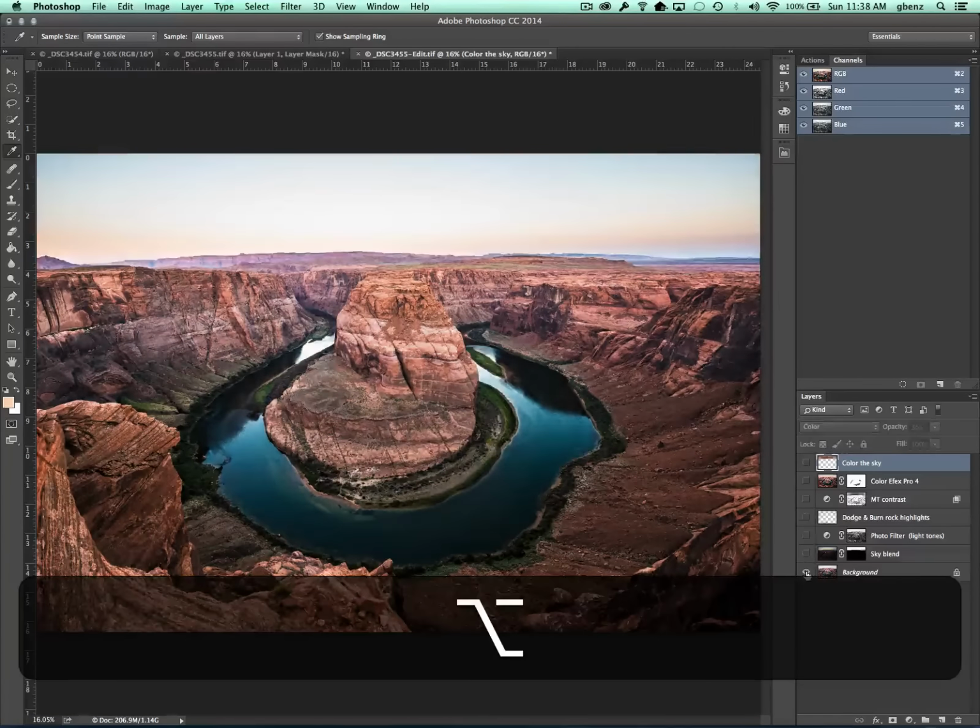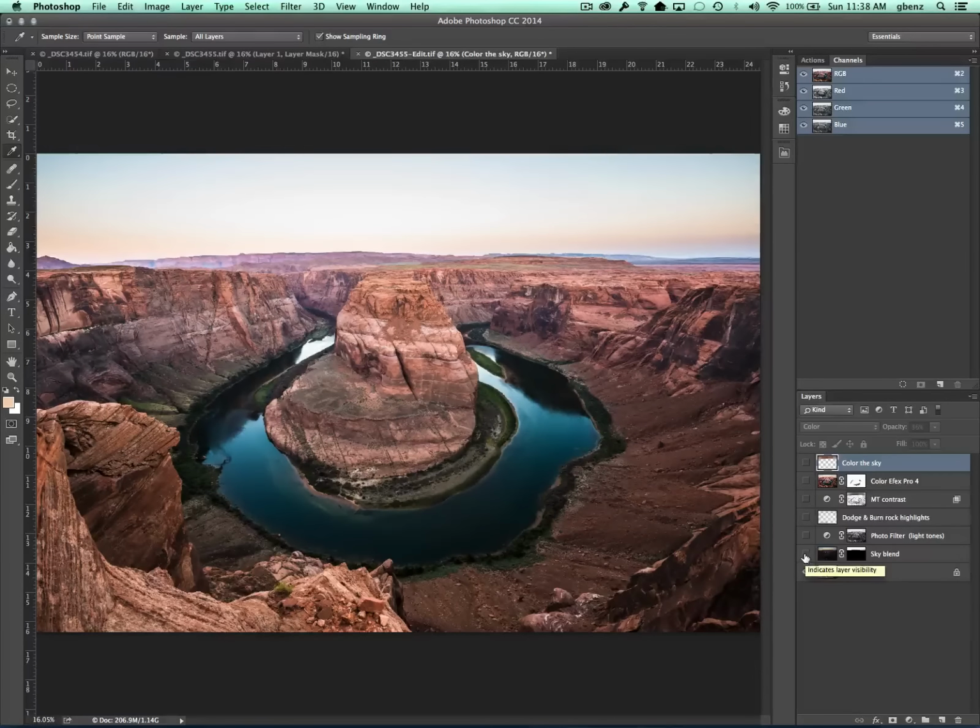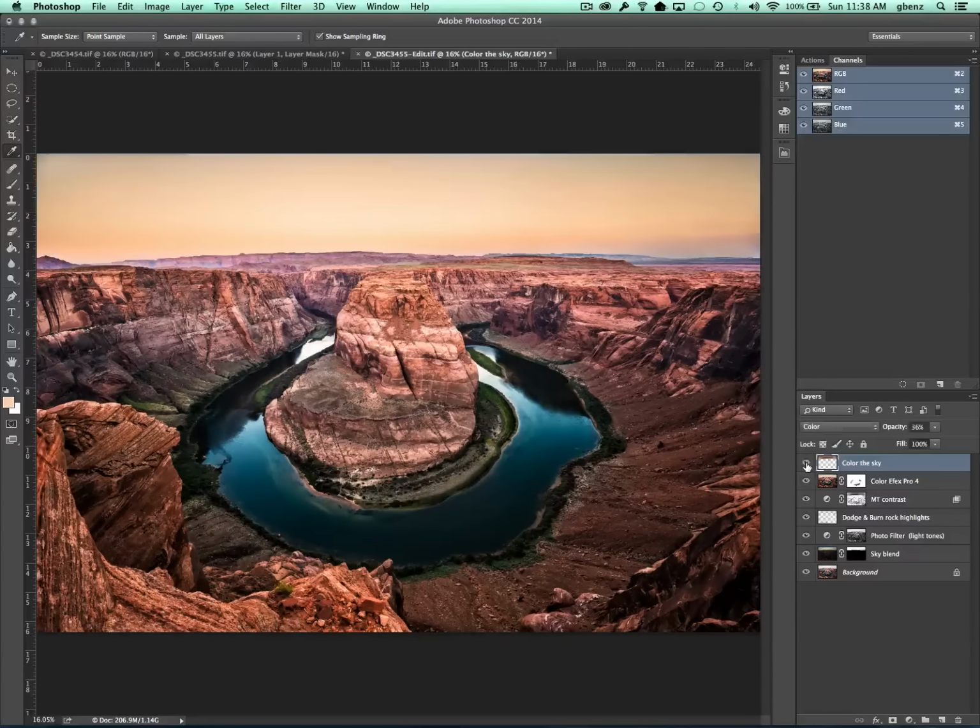So just kind of recapping, I went from this original image here, threw in some blending to bring the sky back just enough, and then with the rest of the adjustments here, landed on this final image of